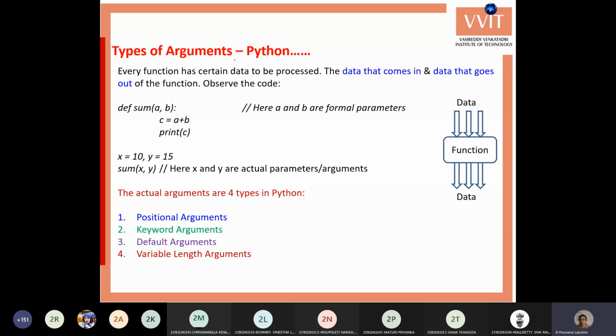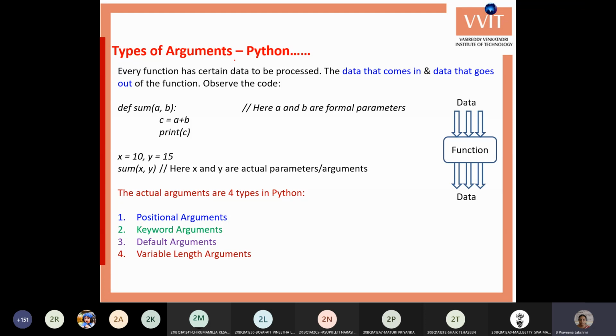Those arguments are called parameters, which store the input values of the function, process those values, and finally return the result. But these arguments, these parameters, can be used in different ways. This is especially within Python. We have 4 types of arguments within Python.